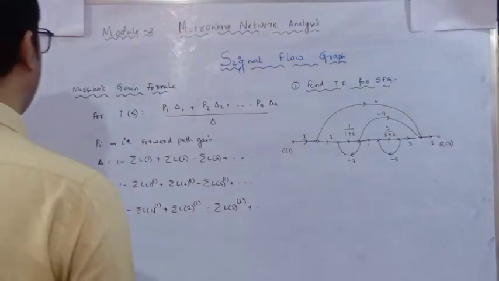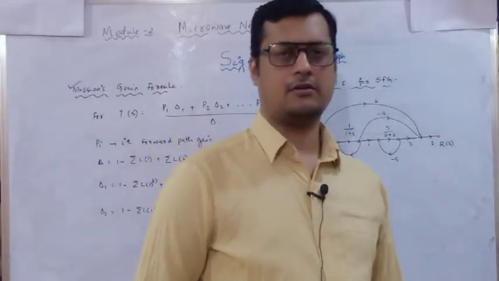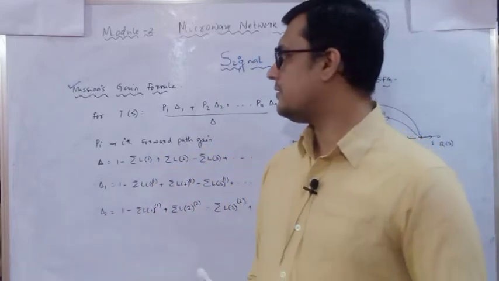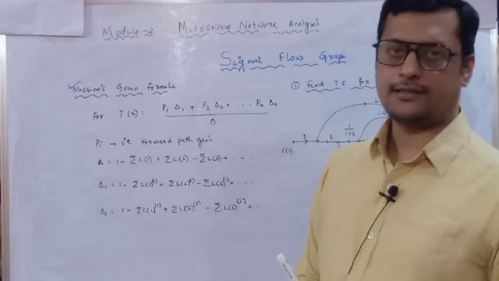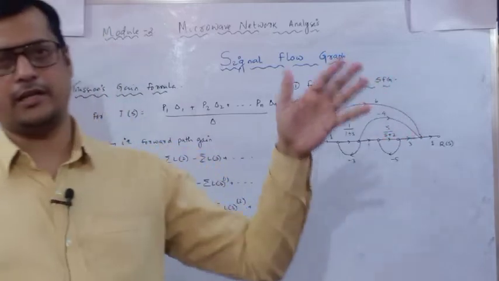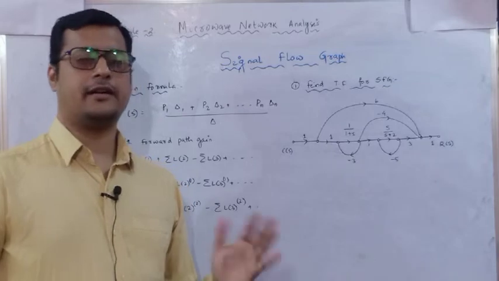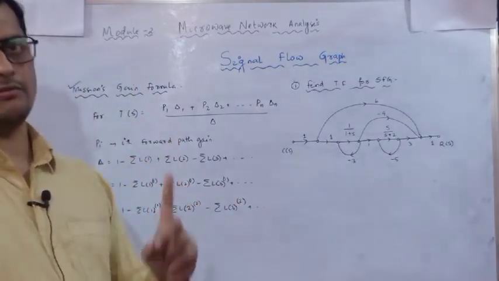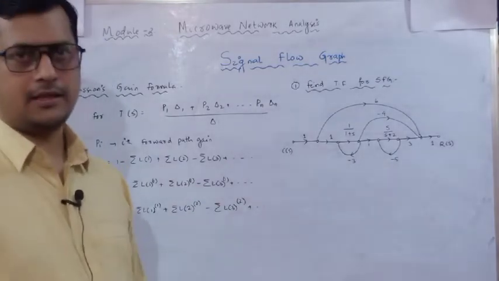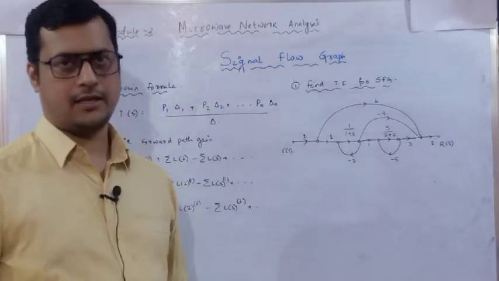Okay. So here we are going to discuss Mason's gain formula, through which we can determine the transfer function for a given network. As we know, the transfer function equals P1 del 1 plus P2 del 2 plus P3 del 3, and so on up to Pn del n for the nth port. But what is P1, what is del 1? P1 indicates the forward path gain for path 1. P2 is the second forward path, P3 the third forward path, P4 the fourth forward path, and Pn is the nth forward path in a given network.